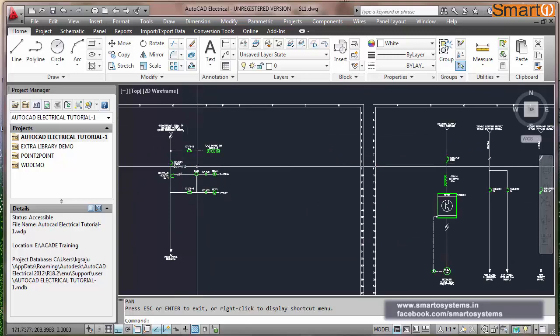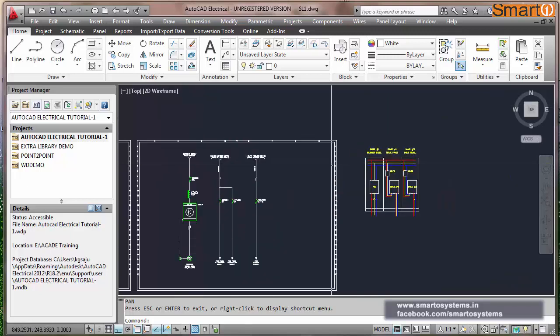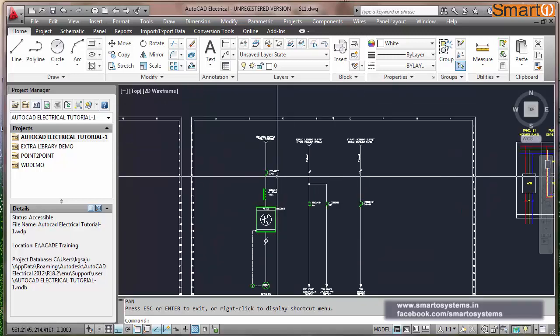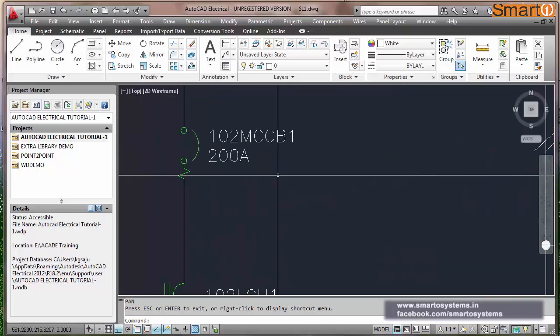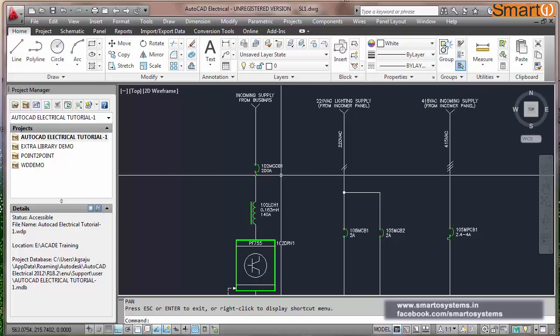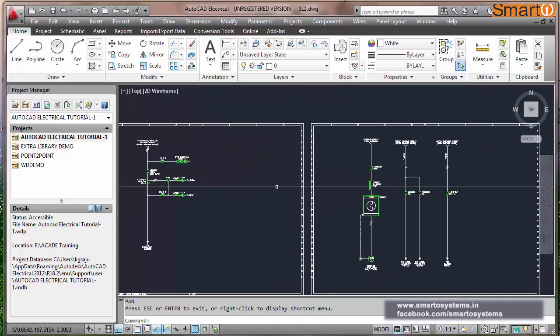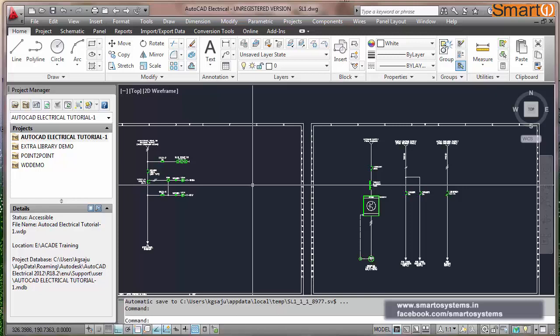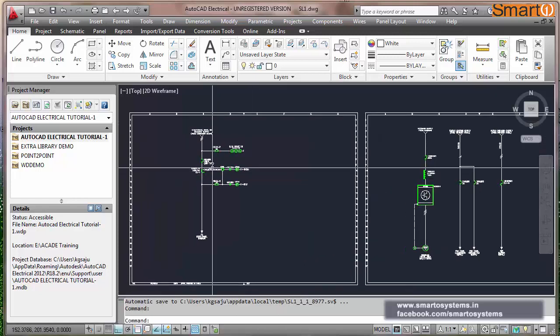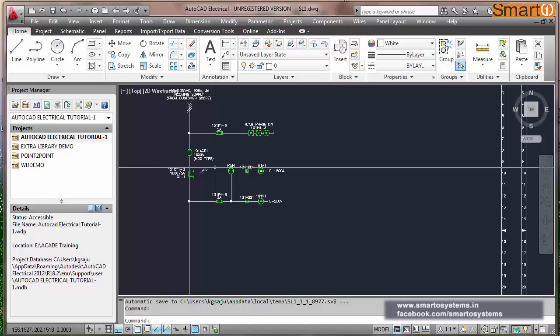Once the customer approves the number of panels, the distribution methodology, and the ratings of switches and all, then we prepare the schematic diagram, that is the detailed wiring diagram. So that will be final. Otherwise, if you start preparing the schematic diagram initially and the customer asks for any changes, it will consume a lot of time to rework. So once this is through, you can